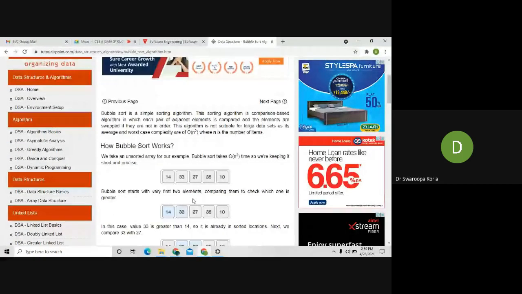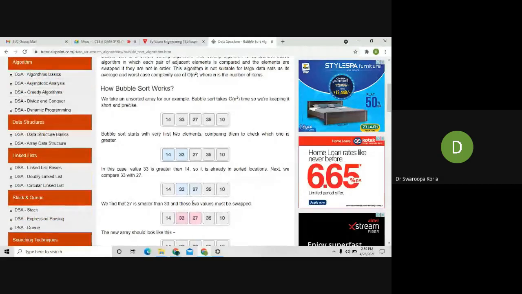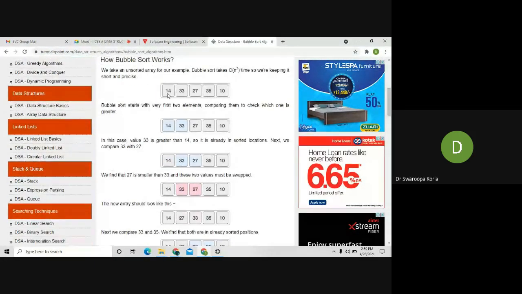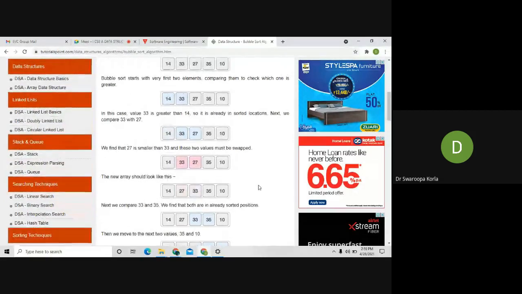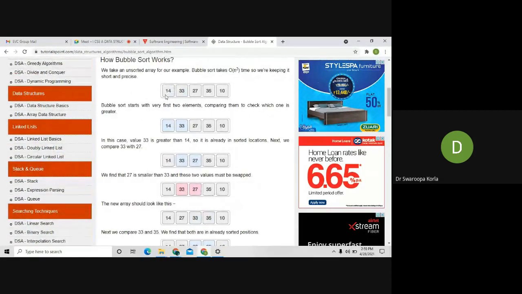We'll discuss an example. This is an unsorted array, and we need to sort it using bubble sort. This is the given list of elements. Bubble sort normally starts with the first two elements, 14 and 33.